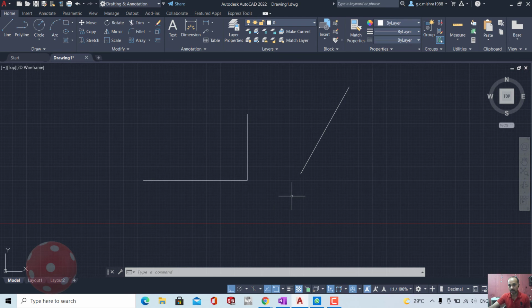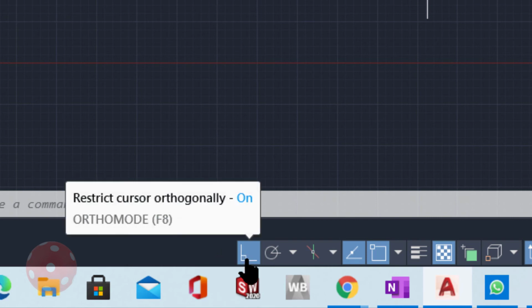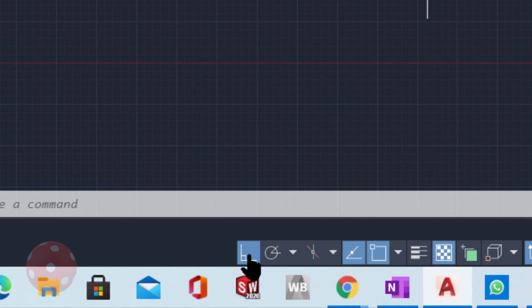So for ortho mode, for the beginner, I recommend that ortho should be on the screen and we can turn it on and off during the sketching procedure as required. It means both on and off are required for a beginner. So you should know that once you click, it is off, and once you click more, it is turned on. You can turn it on and off as many times as you want. It is possible to turn it on and off when you have chosen some command also.